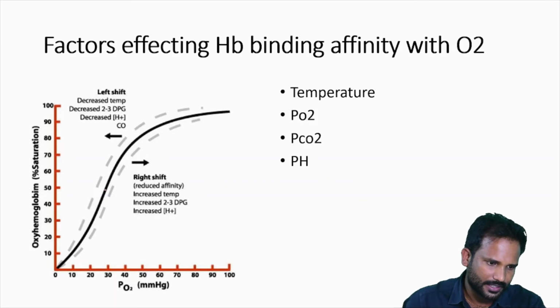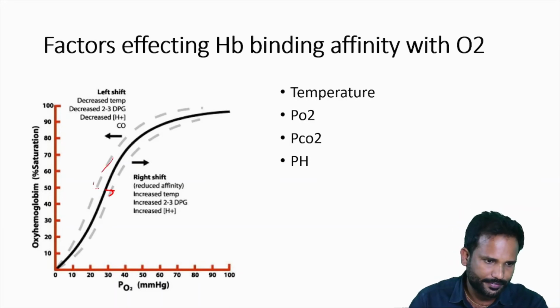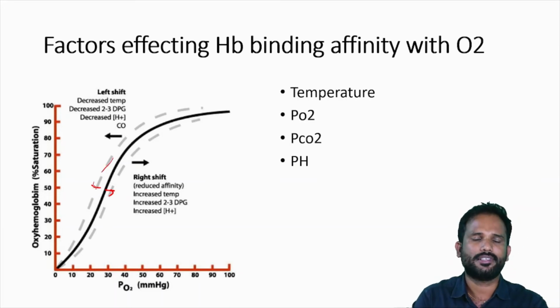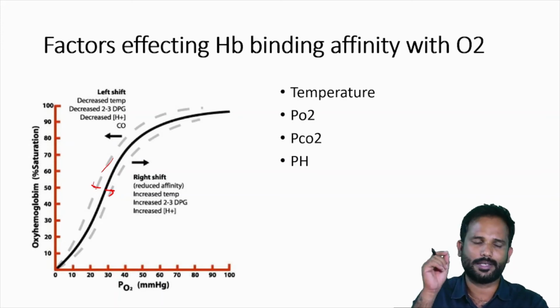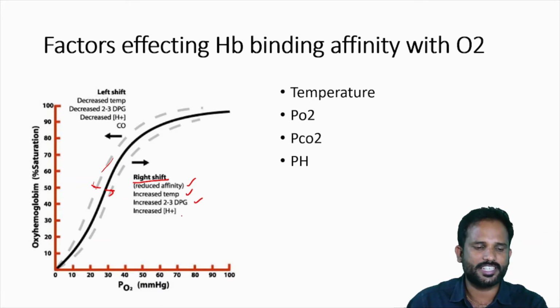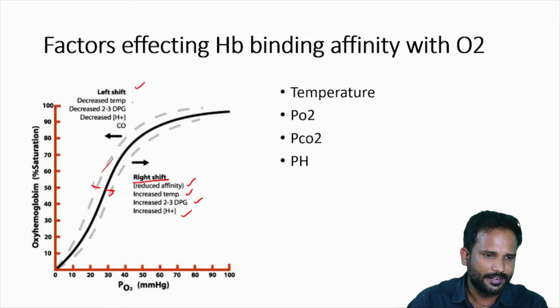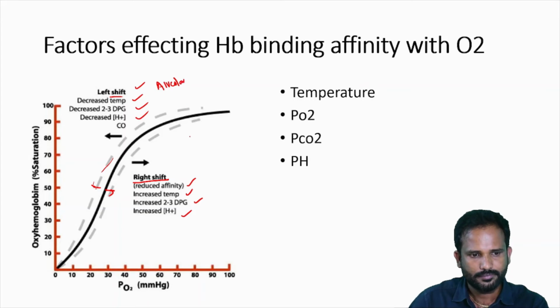If the P50 shifts to the right, we call that shift to the right. If P50 shifts to the left, we call that shift to the left. And this changes the slope of the steep phase. Now the right shift means decreased affinity, usually occurs in increased temperature, increased 2,3 DPG, and increased H+. And left shift usually occurs with decreased temperature, decreased 2,3 DPG, and decreased H+. And usually this left shift occurs at the alveolar level, and this right shift occurs at the tissue level,